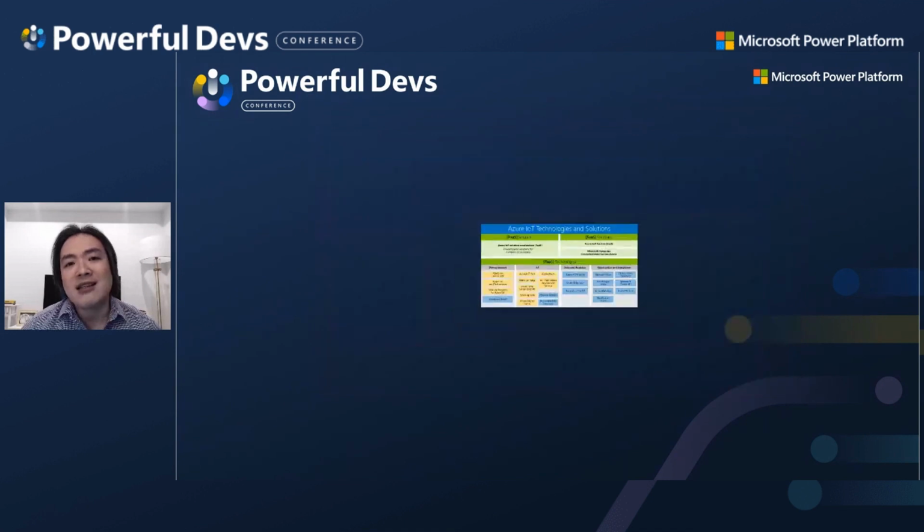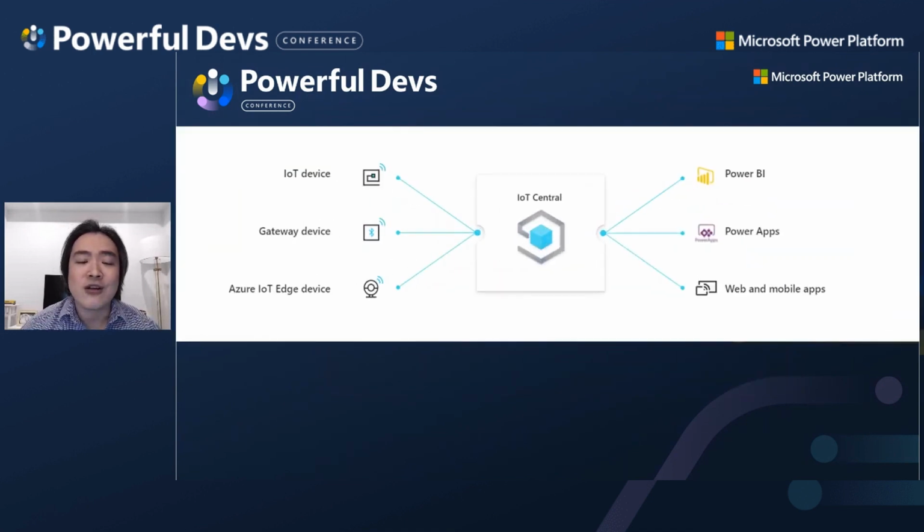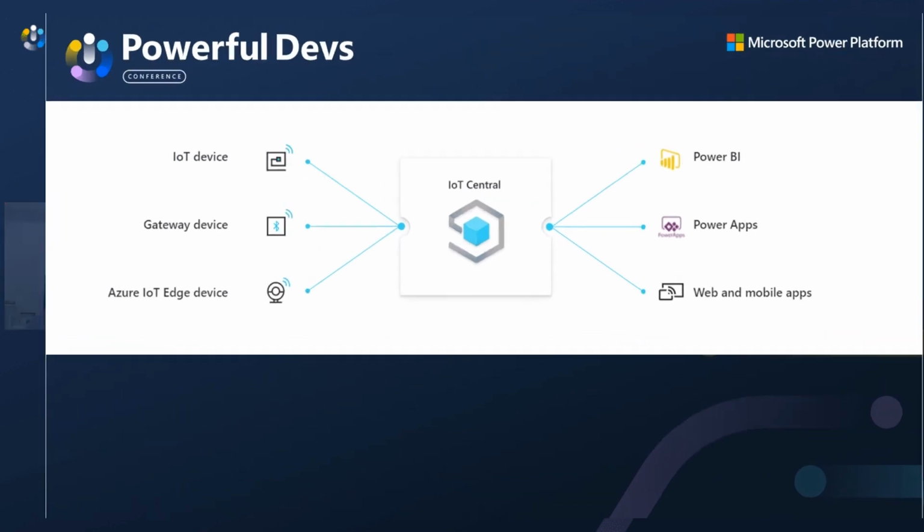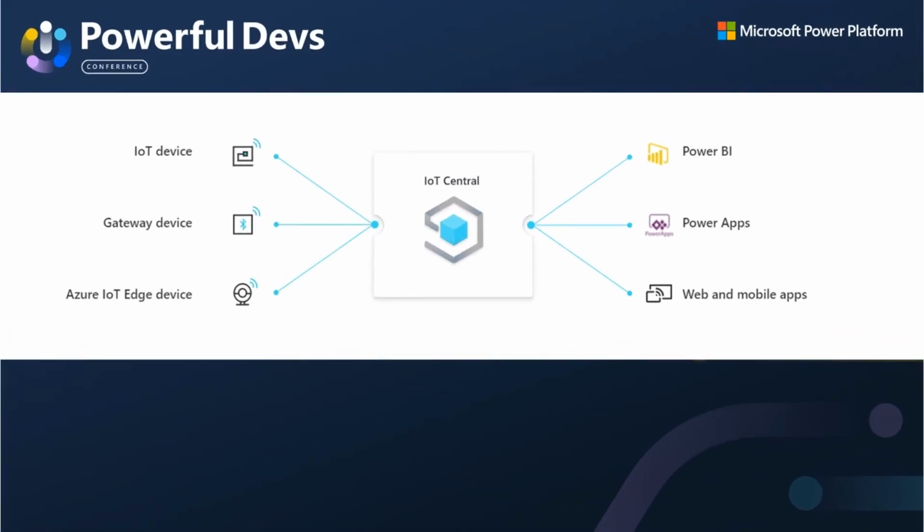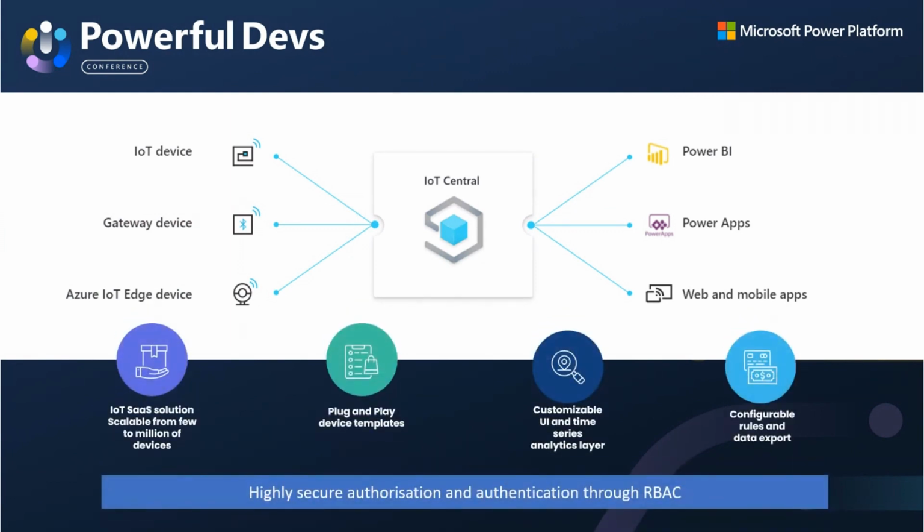And that really leads us to Azure IoT Central, which simplifies the whole process of selecting a device, connecting to your device, and extracting value from the data of your device. IoT Central is offered as a SaaS solution. It's built on top of Azure IoT Hub, as well as an ecosystem of other various Azure services. The great thing about IoT Central is that it abstracts away all that complexity I mentioned earlier of designing, building,